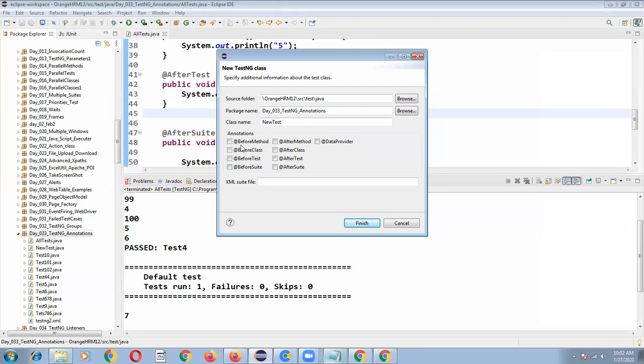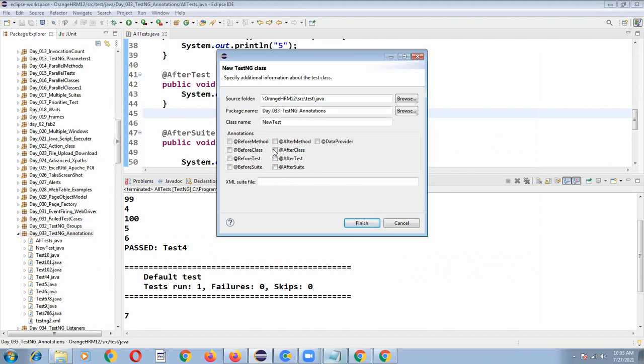And when to use @BeforeSuite and when to use @AfterSuite? Generally these annotation tags we won't use much. If you want to write some global piece of code for all the TestNG classes, such code we can write in @BeforeSuite. And in @AfterSuite, if you want to execute some global piece of code after completion of all your programs, finally, then such code we can write in @AfterSuite. Anyway, we won't use these concepts.